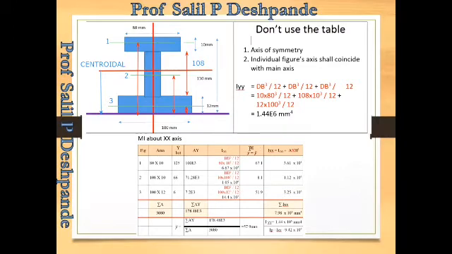Now this is very important. How to get the value of H? This figure and this, I am going to take the difference of these two. So I am going to get this value. Then this figure and Y2, I am going to get H2. This figure and Y3, the difference I am going to get as H3.